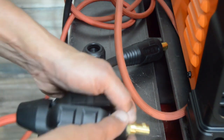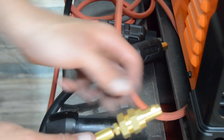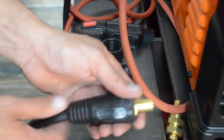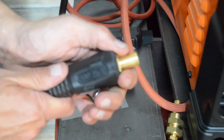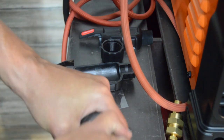So you've got this little clamshell thing, but this part here just threads into that. And if I pull this rubber piece back, it should be the same size, so I'm going to work this thing back here, and then we'll